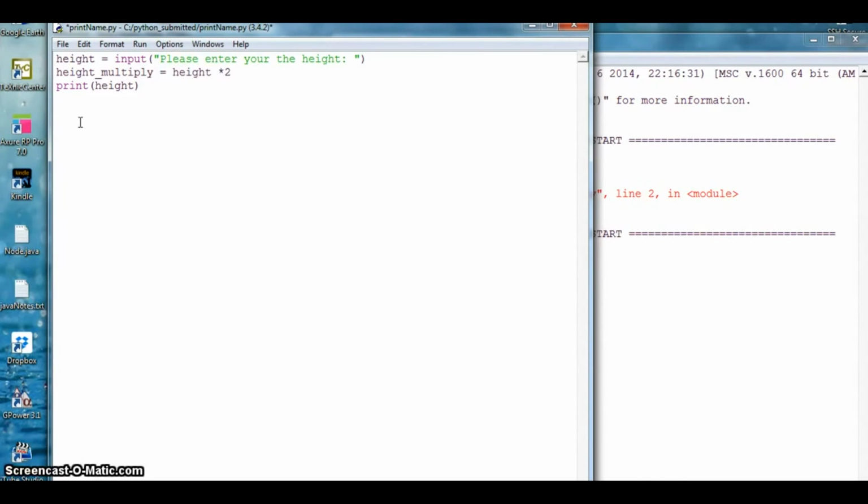Also, sometimes it is a good idea to include a comment. For your assignments, I will be looking at your code documentation and docking points if you're not including comments in your code. So to write a comment, use a hash symbol. So I'll write hashtag height multiply